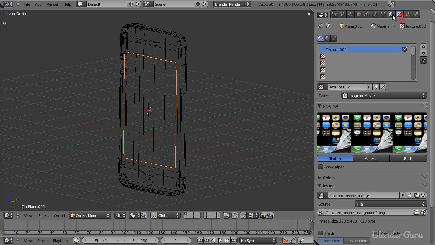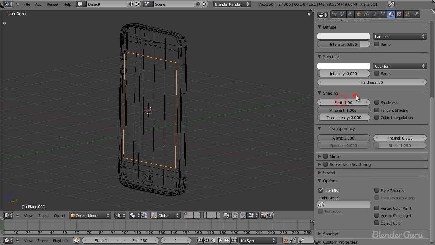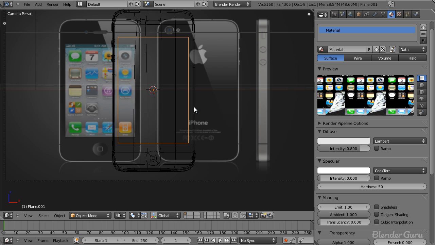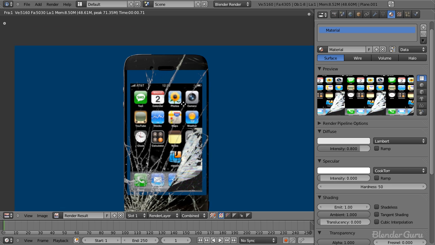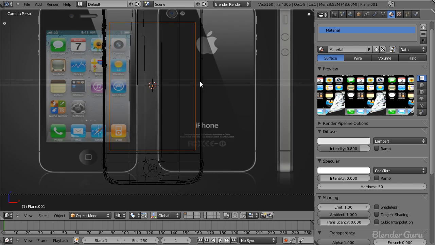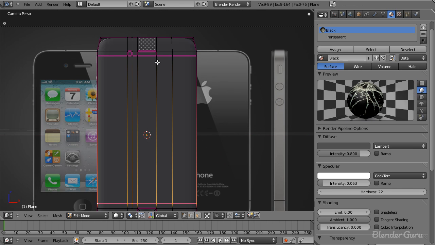Alright, cool. So we've set that texture to go. Now we need to go down here to the emit value, set that to 1. And now if we render that, there we go. We've now got the screen where it needs to be, and there's a little bit of transparency around the outside. So to fix that,